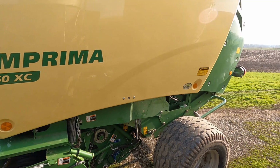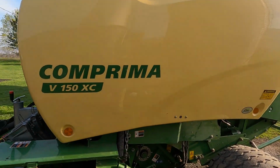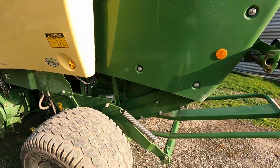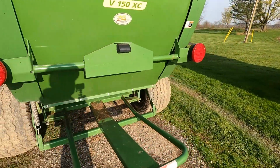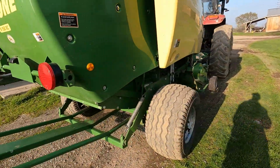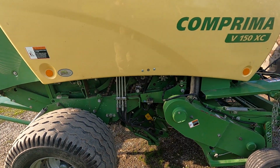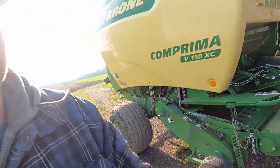This is a Krone baler. It's the Comprima V150XC. For those of you who know anything about balers, personally, I don't know a ton about balers. I've hardly owned one in my life, so we will see. I will give you a better overview of this thing, and I'm sure as the summer continues on, you'll get a chance to see it in action. But for now, we'll leave it at that, and we'll hopefully be able to get you up to speed on a few other things yet